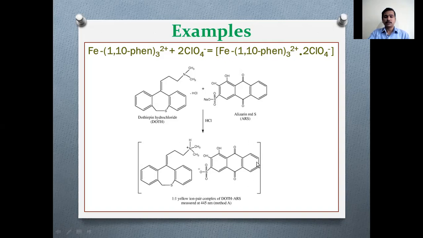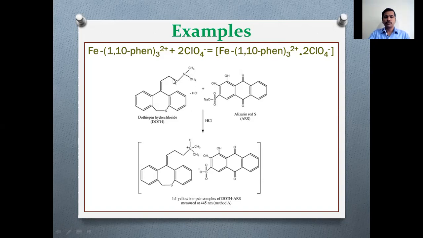The extraction of this is very simple. If we intend to determine the concentration of this in any real sample, we prepare an alizarin red S solution of any concentration. We have to prepare this in excess, at a higher concentration compared to the drug. When you treat them together in the aqueous layer, you add an organic solvent such as chloroform, carbon tetrachloride, dichloromethane or dichloroethane, and you simply extract in the acidic medium. The aqueous phase should be maintained acidic because this nitrogen should get protonated.